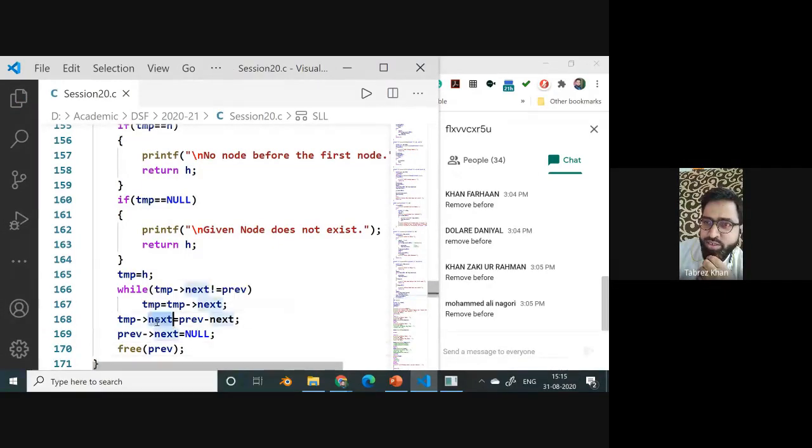Temp of next equals to prev of next. Okay. So the next pointer of the temp has started pointing to a node which is next to prev. So we are removing prev from the list. Then prev of next equals to null, then prev. Now, your node which has to be removed can be a first node. What I mean to say is that your key node is a second node. Okay. So in that case, you will be coming at this point,